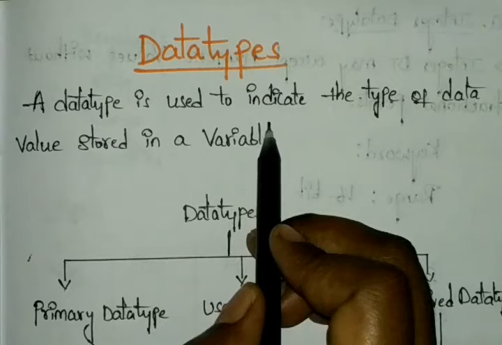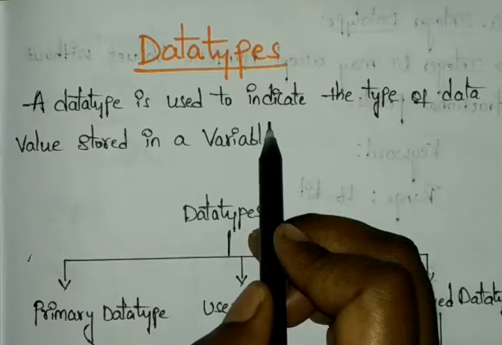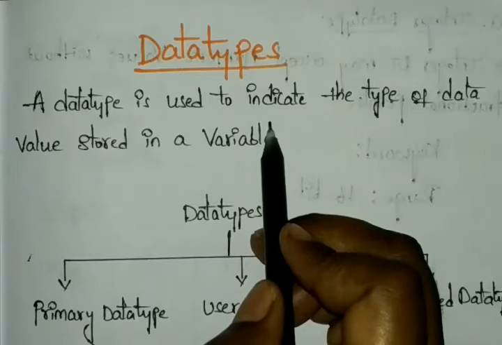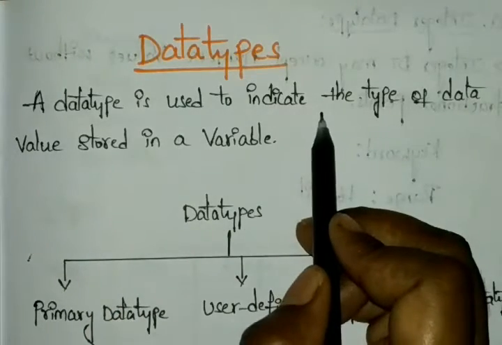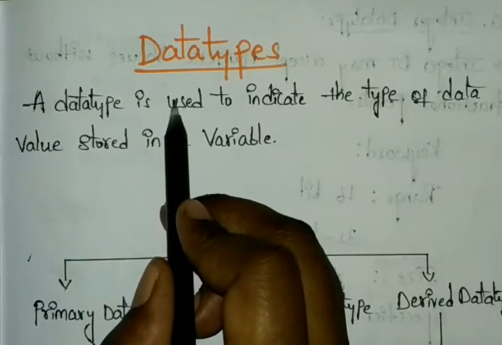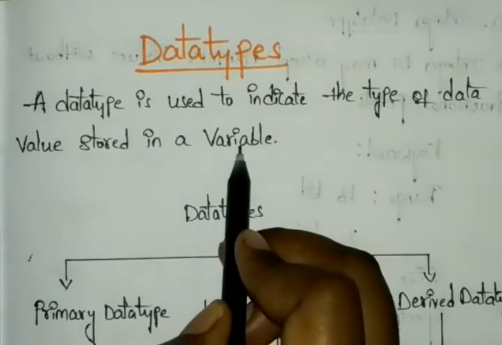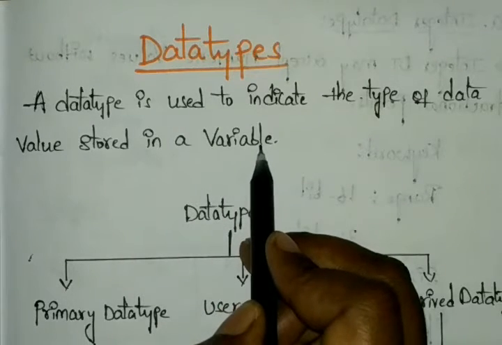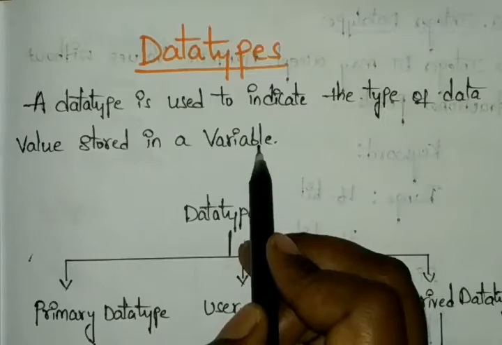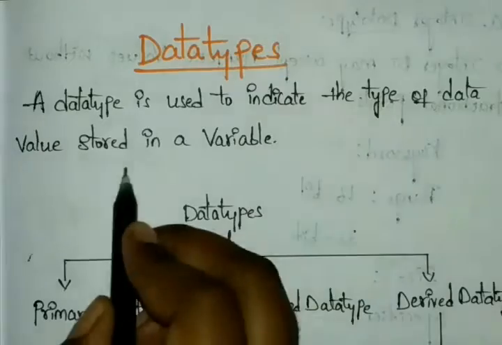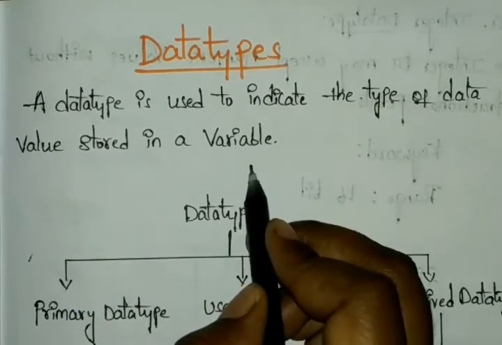So here, without the variables also we can define our data types. Suppose you're defining the data type here, that is used for our variables. Whatever data you are creating, your type of data depends on the data types, and those are all stored in our variable. Here the variables can be alphabets or any string formats. So a data type specifies the type of data value that can be stored in our variable.